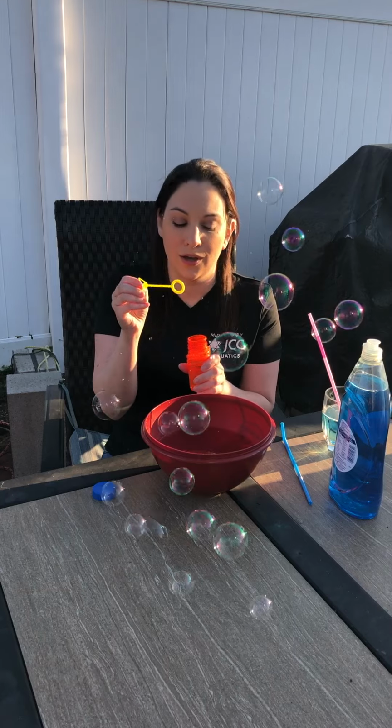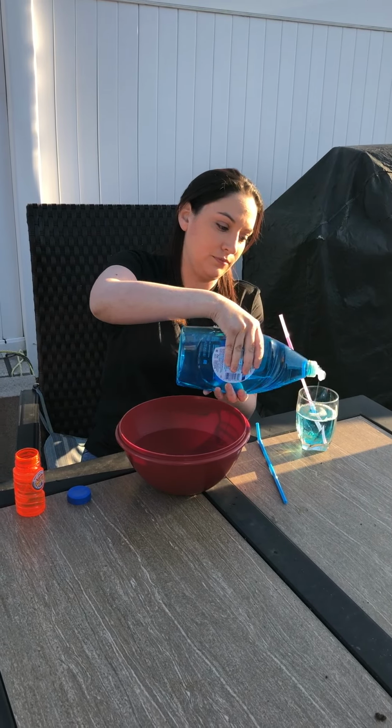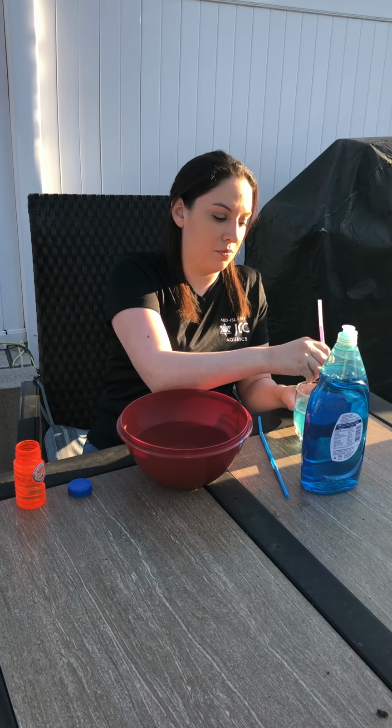If you're playing with bubbles and you want to practice a little more, you can make it fun on a nice day and you can practice with some actual bubbles. And if you don't have any bubbles at home, you can make your own bubbles. So all you need is dish soap, water, and a straw. You pour the dish soap into the cup, make it nice and bubbly, stir it around with the straw,